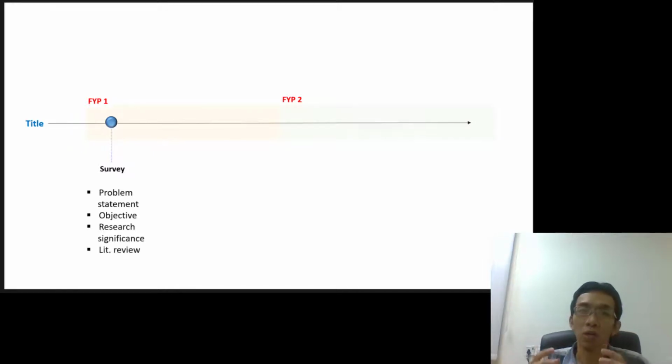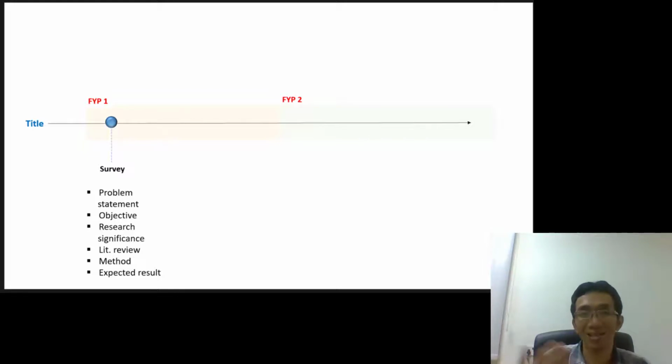But to justify that further, you need to do a literature review. You need to see and compare what people have done related to what you want to do. And because FYP means you need to do a project, something different from what others have done, you need to come up with the method, how you are going to do what you are planning to do. Once you have all of this, from problem statement until the method, at least now you have some idea what your result will look like.